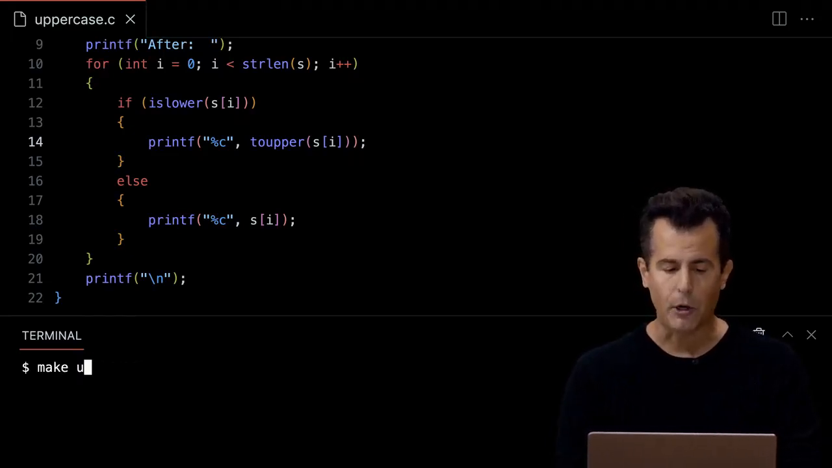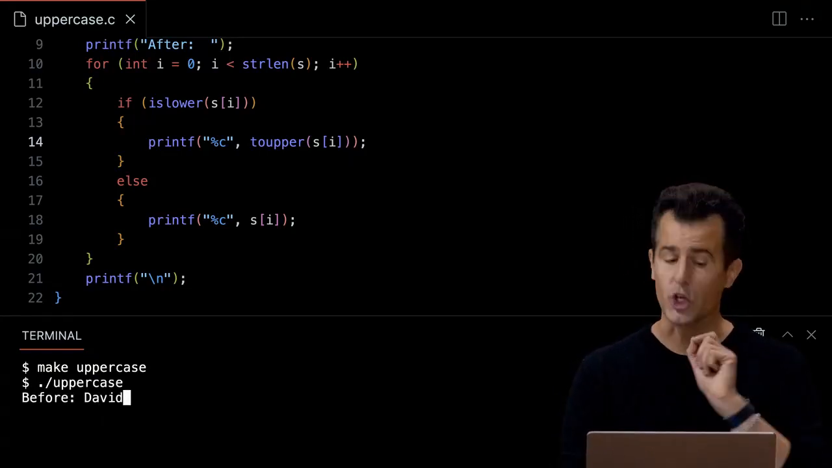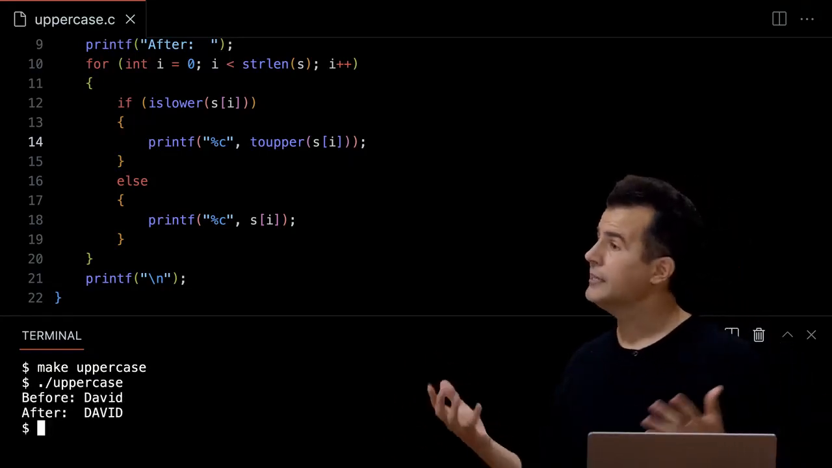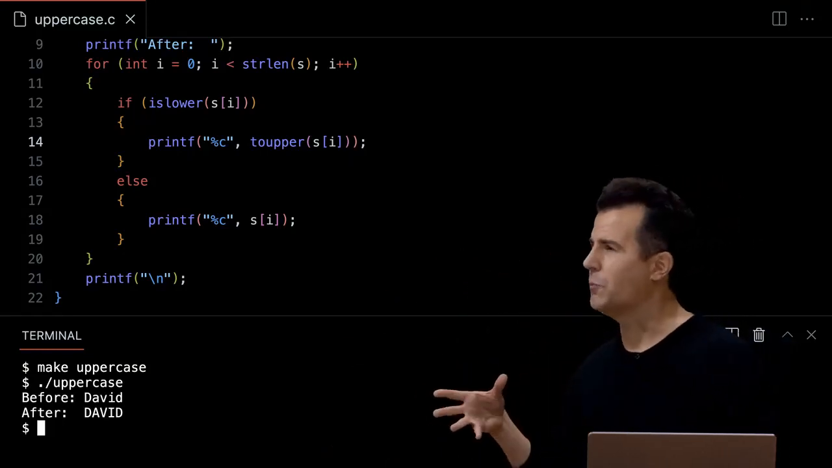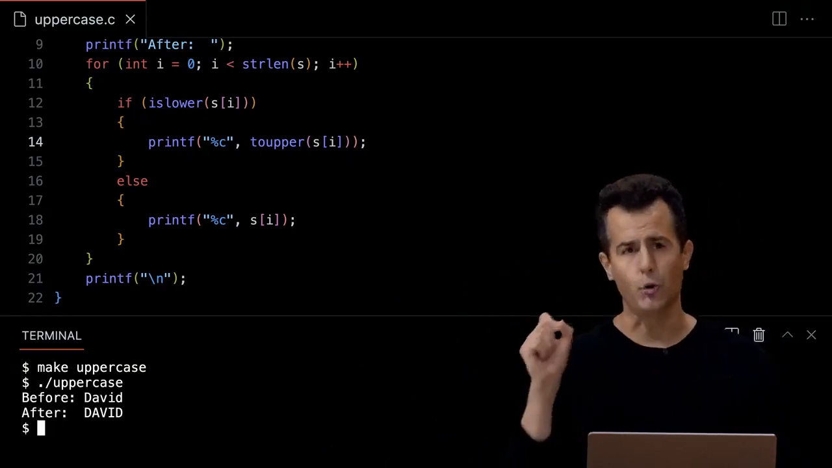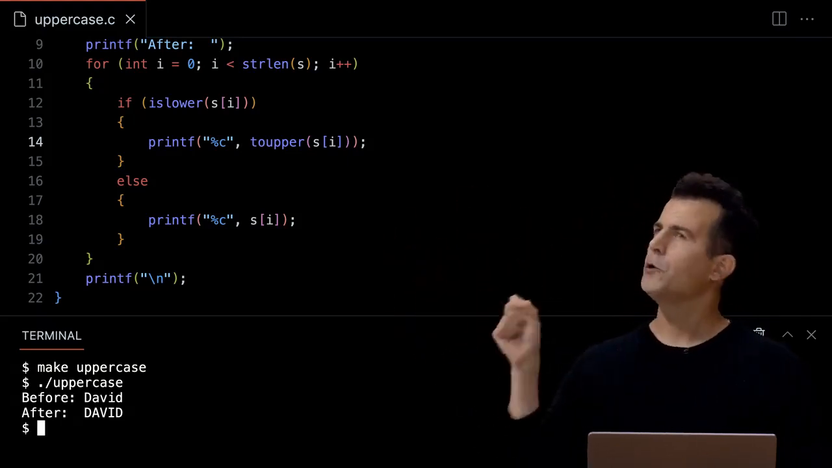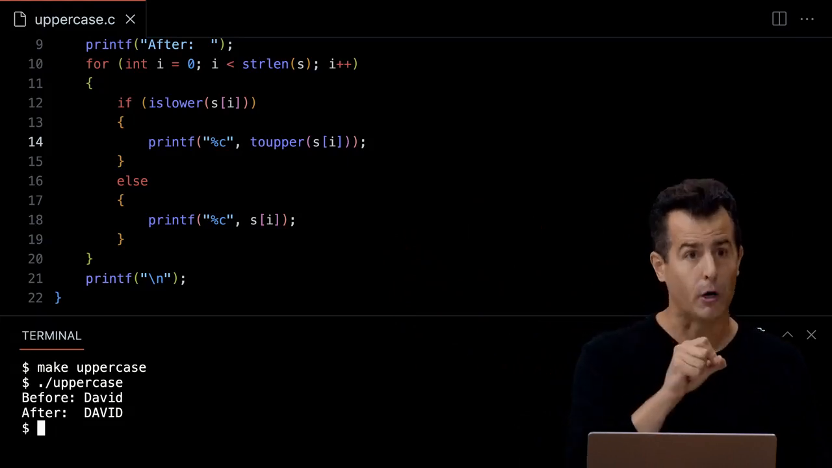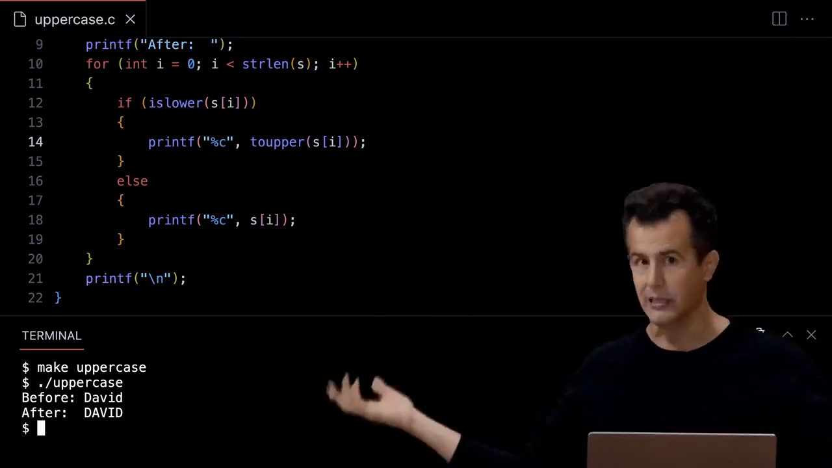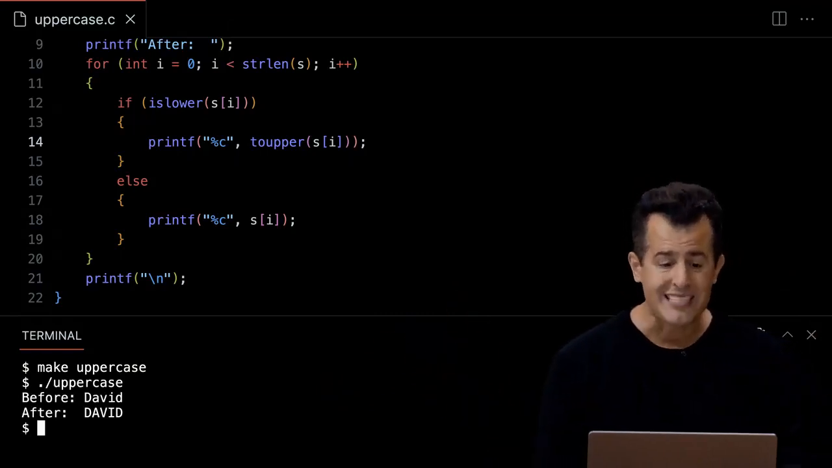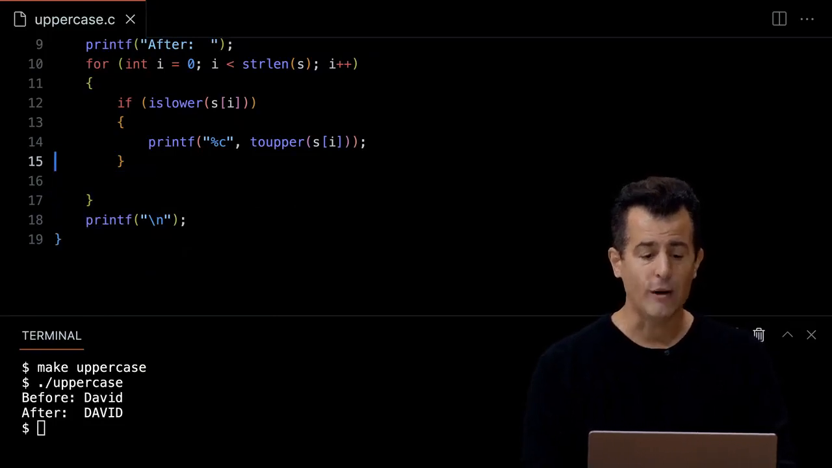So if I do make uppercase now, and then ./uppercase, David with just a capital D, it still works. But if you read the documentation further, it turns out that toupper is smart. If you pass in a character to toupper that's lowercase, it obviously converts it to uppercase by doing that math. But if you pass in a character to toupper that's already uppercase, the documentation tells you that it leaves it unchanged. So I can tighten all of this up. I can get rid of the whole else. I can get rid of the whole if,